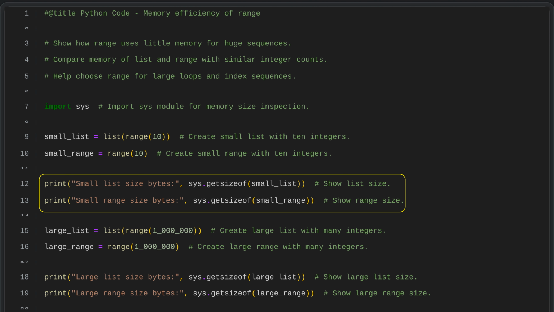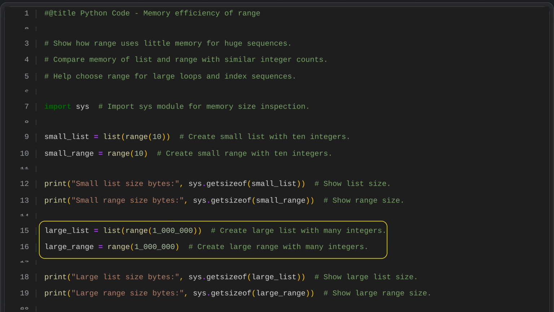We first build a large list of 1 million integers, from 0 up to just under 1 million, by generating the sequence and converting it into a list stored fully in memory. Then we create a large range object that represents the same sequence of 1 million integers. The key difference is that the list holds every number at once, while the range object does not store all values in memory. Instead, it produces each number only when needed, which makes the range approach much more memory efficient